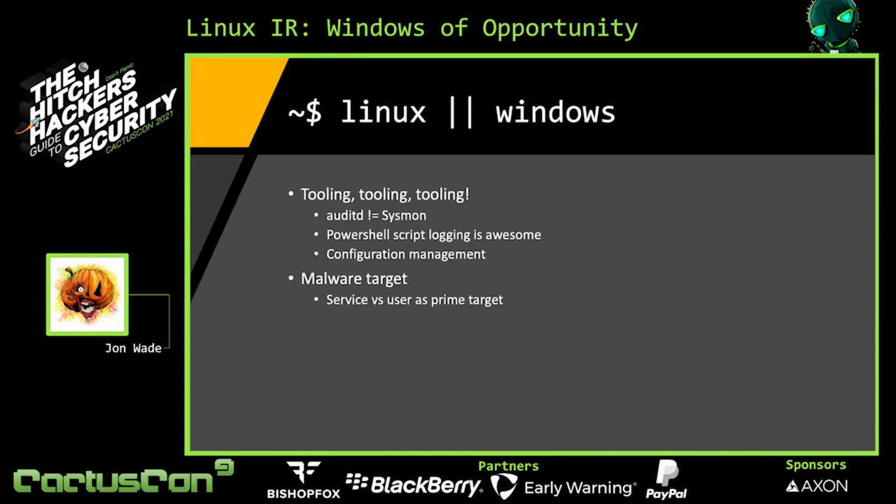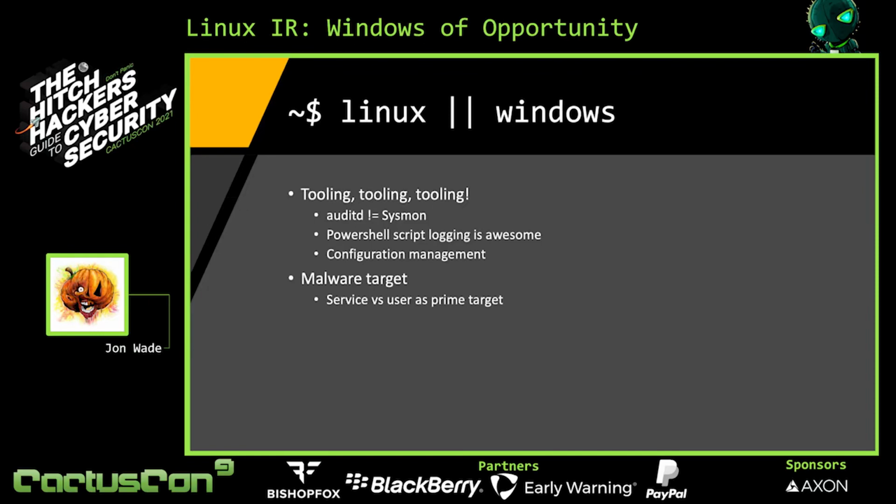So what's the big difference between incident response on Linux and Windows? Really, it comes down to tooling. Windows Sysmon is exceptionally hard to beat when it comes to gathering operating system level data. Audit can come somewhat close, but really the more data you pull out of Audit and the more specific you are, the more performance issues you have. If you're working with OSQuery, for example, their performance tips actually suggest using Audit as little as possible, filtering it more and more and more. And depending on what kernel version you're on changes what your options are for filtering. So if you're on an older CentOS host versus a newer Ubuntu host, there's a vastly different level of filtering that you can do there.